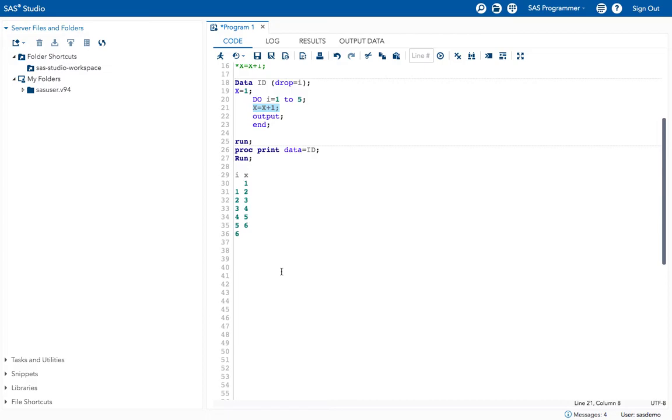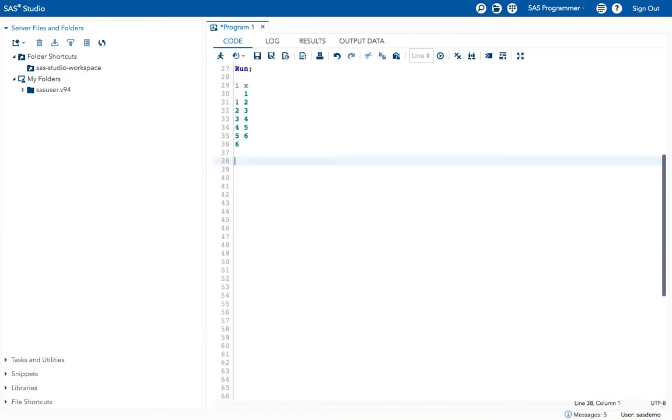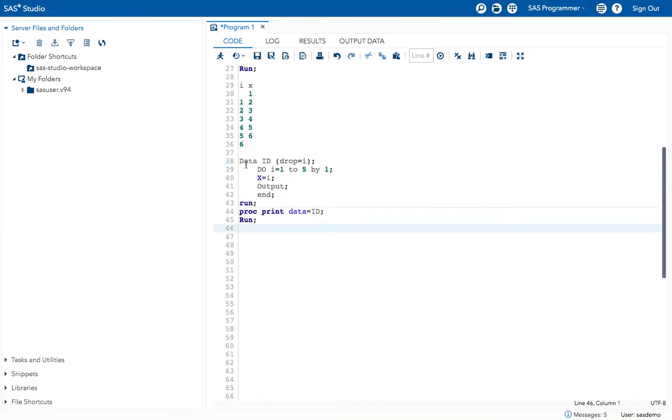Let's take another example. This is the next example I have taken. So data id, I have taken do i equal to 1 to 5, and I have mentioned the iteration here, by 1. I have given the increment by 1.